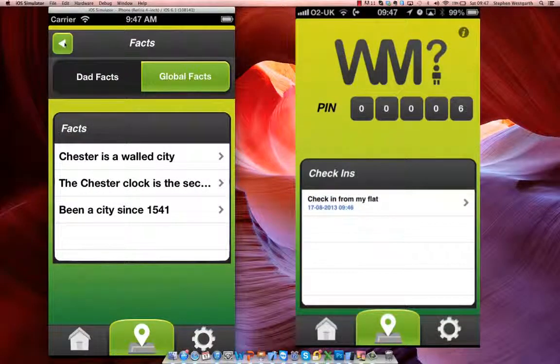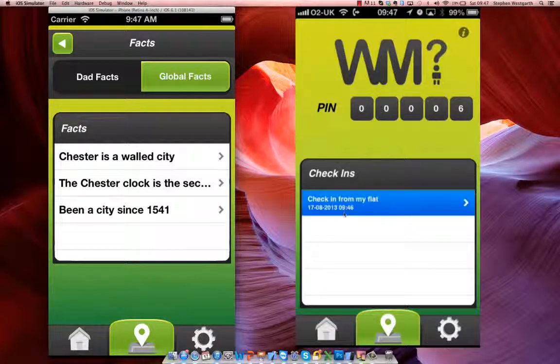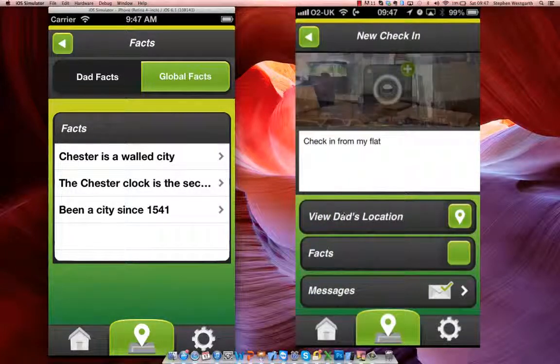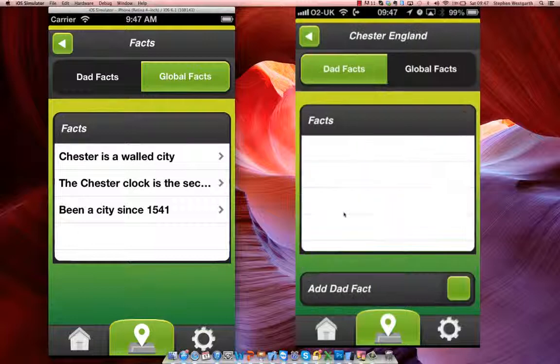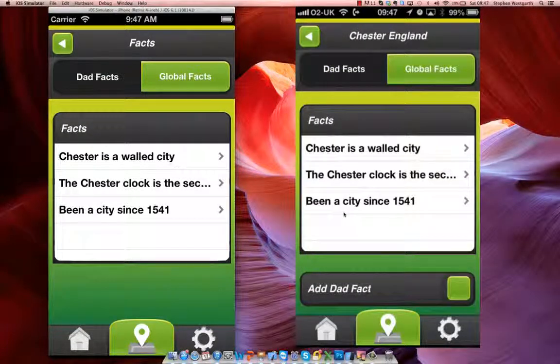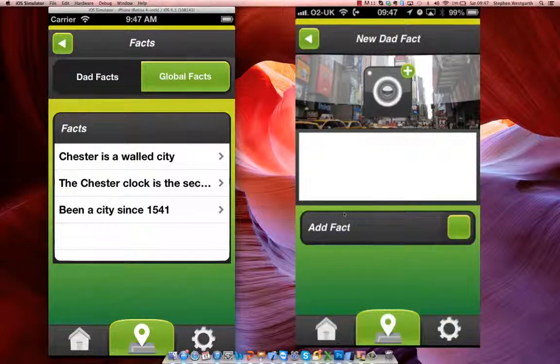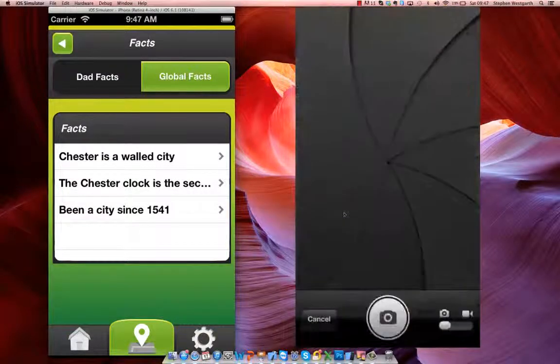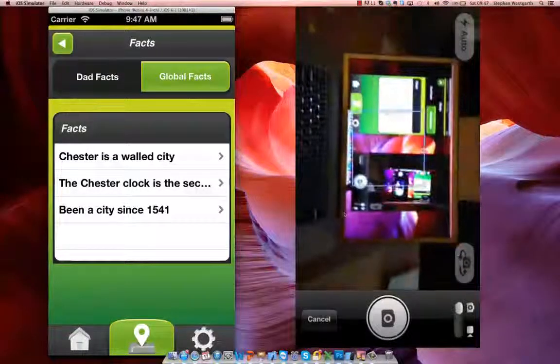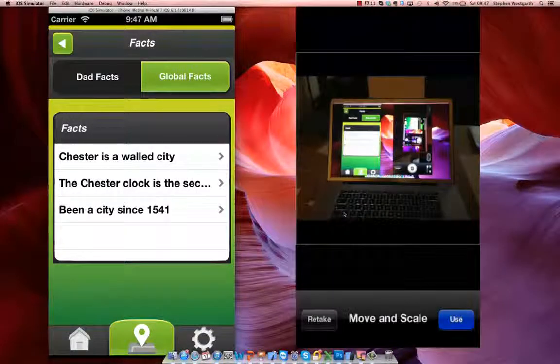What Dad is able to do on his app, if I go back to my iPhone 5, is go back into the check-in and go into the facts database. He can also access the global facts if he wants to, but he also has the option to add a Dad fact. So I'm going to take a photo, actually of my Mac, and say